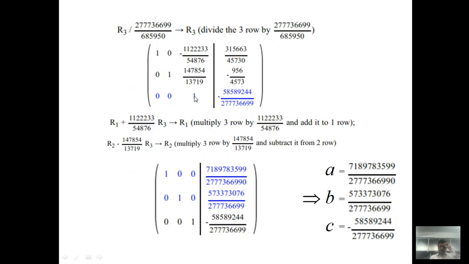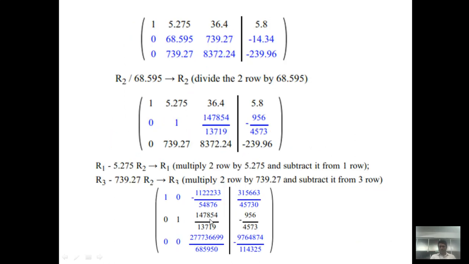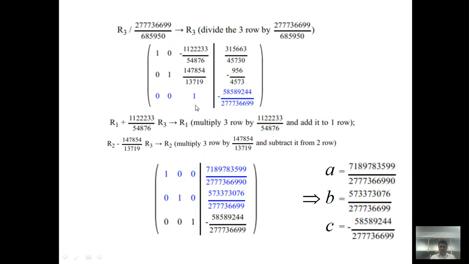Similarly, finally make this element 1. So divide the third row by this particular A33 element. So obviously it's 1. Finally make these two elements, that is A13 and A23, 0. So we have to use this operation. So finally on the left hand side we get the reduced row echelon form. At that time, whatever value is present here is the value of the unknown.